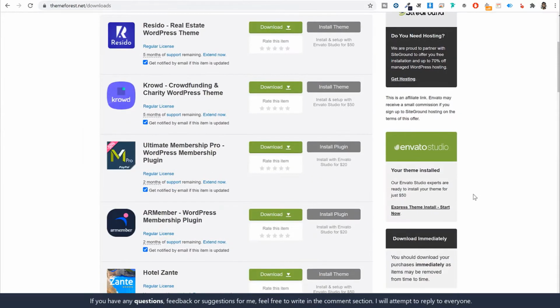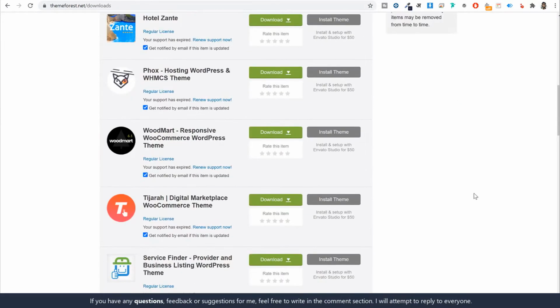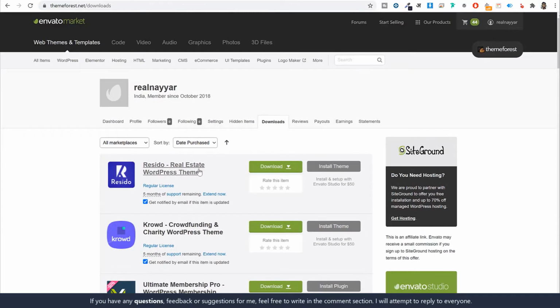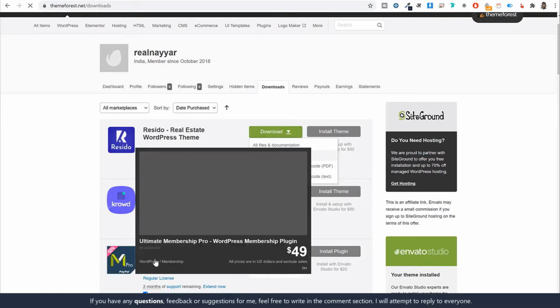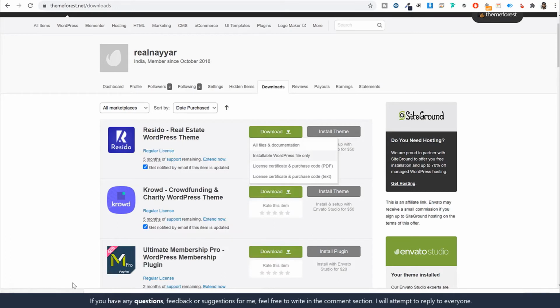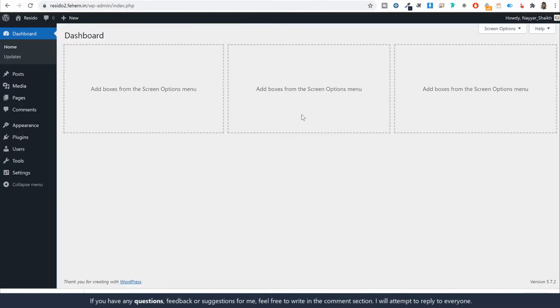Now under downloads, you will see all the different themes and plugins that you have purchased. We want this one, Resido Real Estate WordPress theme. Click on download. Now select this option, installable WordPress file only, which is the second option. Select that. A new file will start downloading for you. And as you can see, it is already done. Once it is done, we need to upload this downloaded file on our website. So to do